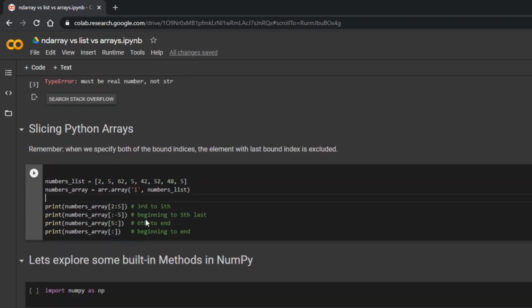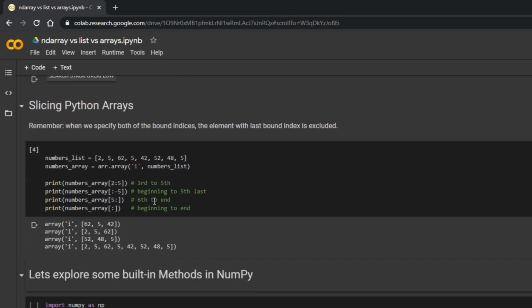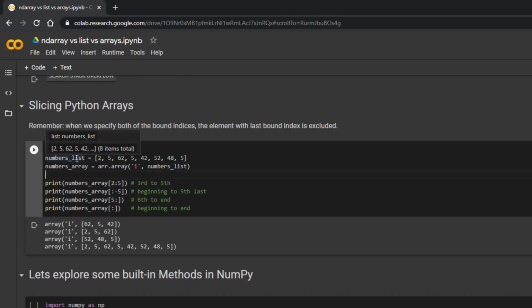Let's look at slicing of the arrays. I am declaring a number list and then converting that number list into an array, a Python array from the arrays module, not the NDArray. Let's look at slicing, how it works. When I say slice, that means we have to specify the starting point and the stopping point of the slice.